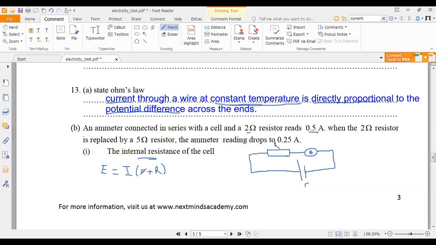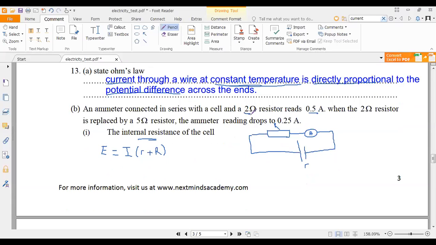This is the internal resistance of any of the appliances. So using this formula with a resistor of 2 ohms, and the ammeter reading as 0.5 amperes, the equation I get is E